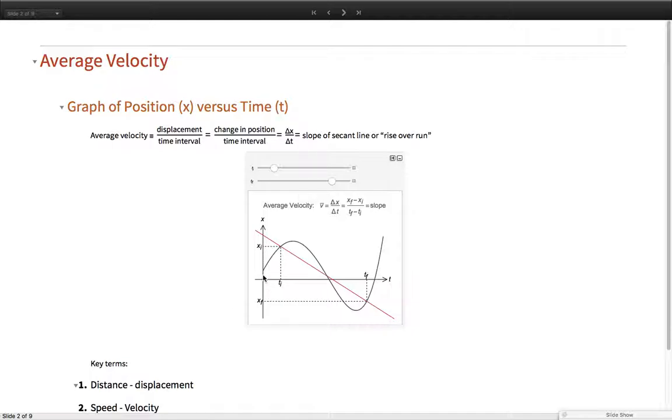Distance would be literally the total distance traveled. So the object is, for an example, starting right here. It moves all the way up to here, and then it turns around. Well, if we're talking about distance, that's a scalar quantity. We're going to ignore this turning around and just measure how far it goes from here down to here, add